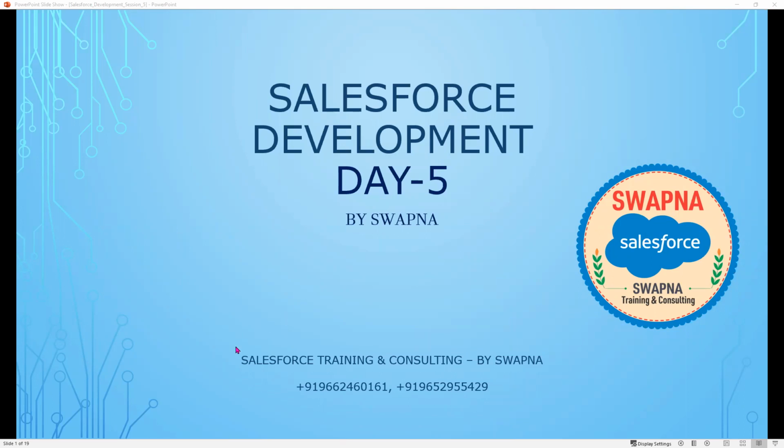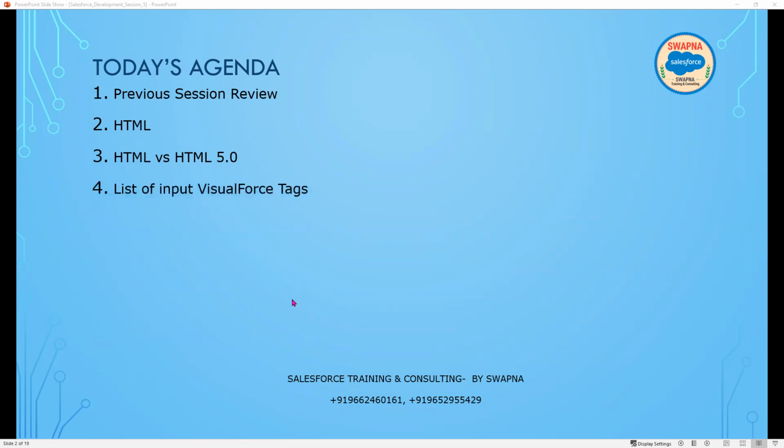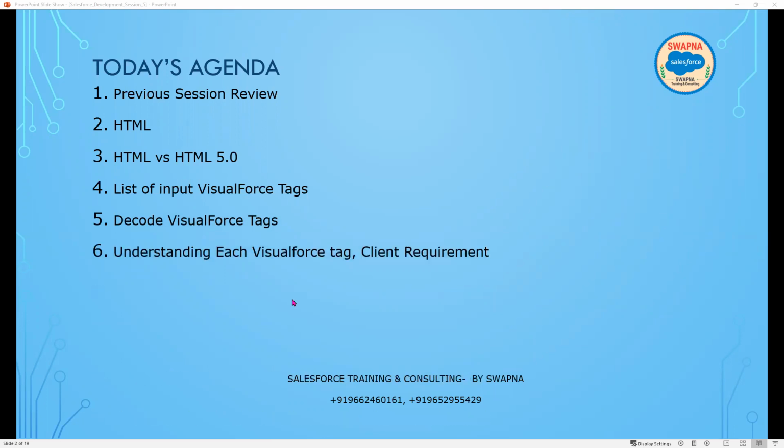Salesforce Development Day 5. Let's see what we are going to learn today. Today's agenda: we'll quickly go through the previous session overview. Then we will talk a little bit about HTML and the differences between HTML and HTML 5.0. Then we will talk about the list of input VisualForce tags, and what is the decode of the VisualForce tag and understanding each